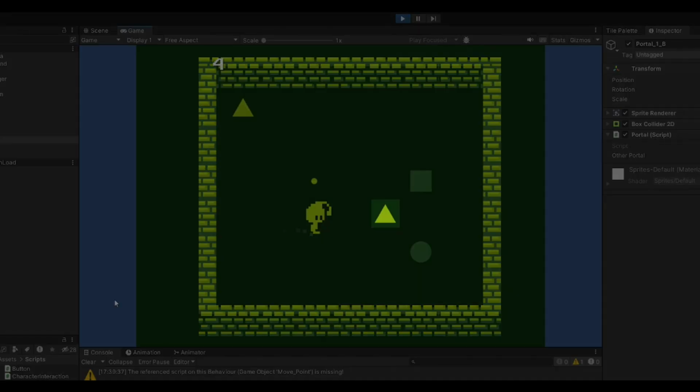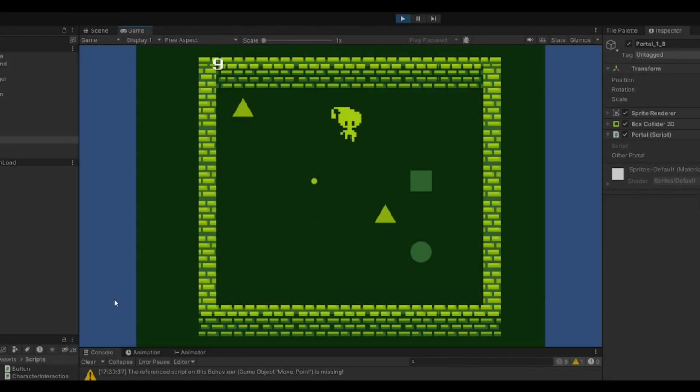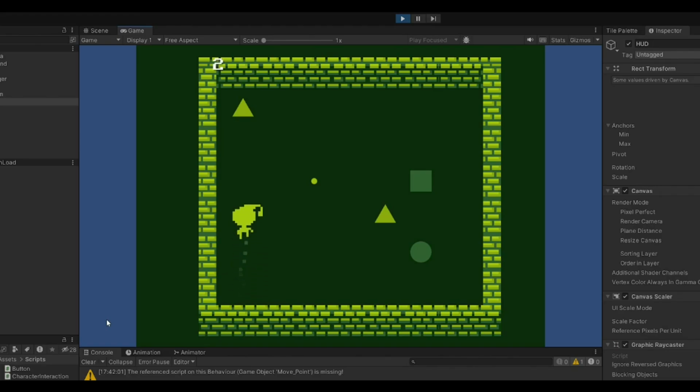These limited edition Guardians of the Galaxy Volume 2 Supernova Doritos are portals, by the way. It seemed to be working pretty well, but this weird thing happens sometimes. I just needed to make the character clear its list of targets when it teleported, and that seemed to fix the problem. But since I'm not checking behind the other portal to see if it's even exitable,